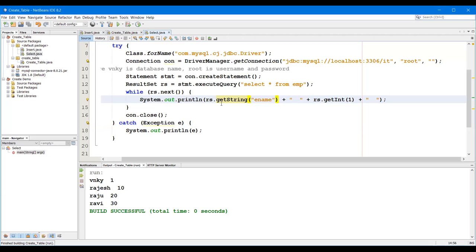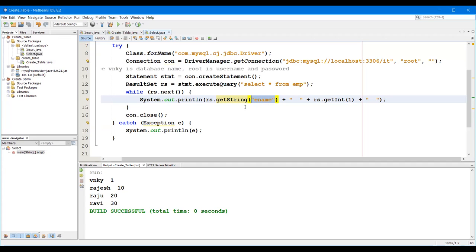See here, for this getString, we can do it two ways. One is we can directly give the column number, first column or second column or third column, or we can pass the argument as the column name.